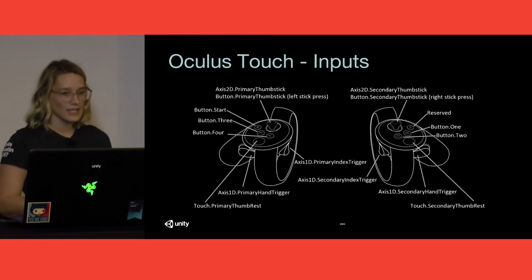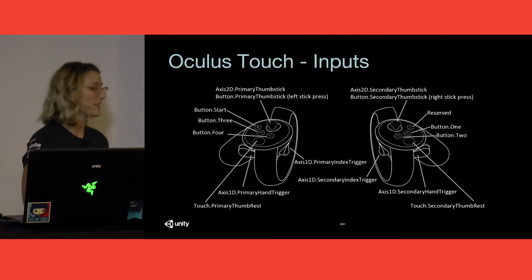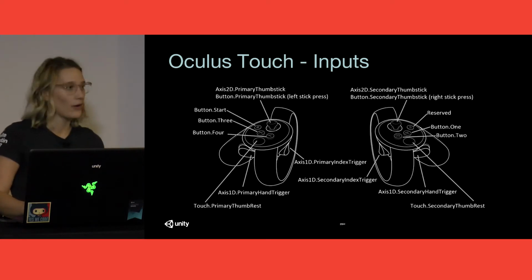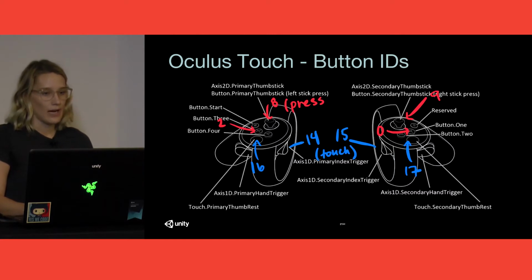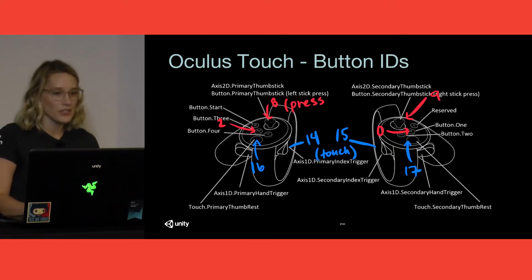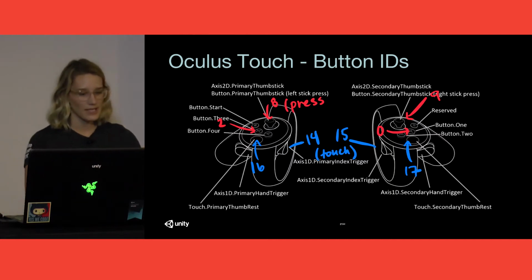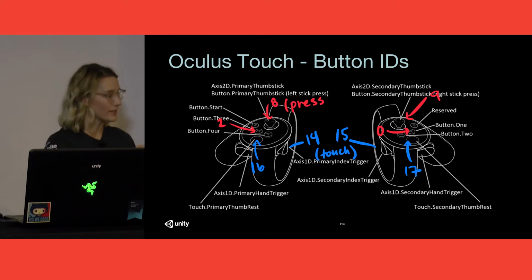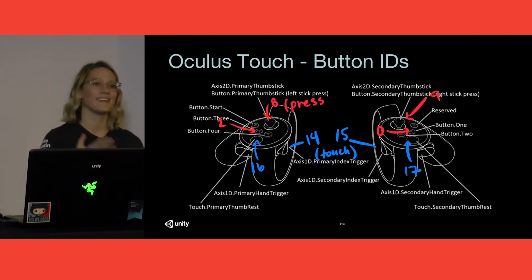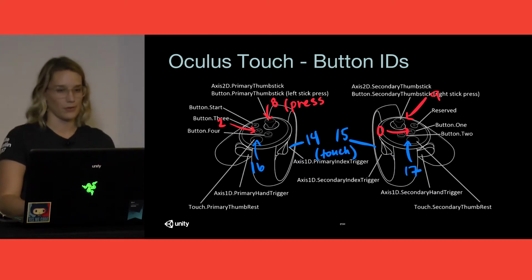And then the Oculus Touch has quite a few buttons, as you can see. And all of these directly map to Unity buttons as well. Here's some of the mappings for the buttons. You're going to get some different press buttons. And then for some of them, you're just going to get a touch. So you don't actually need to press the button. But if you touch it, it'll sense that as well. So that's pretty cool. You can do a lot with that as a developer.